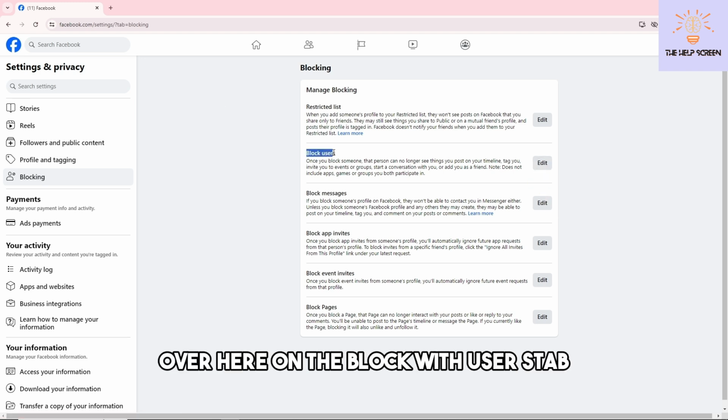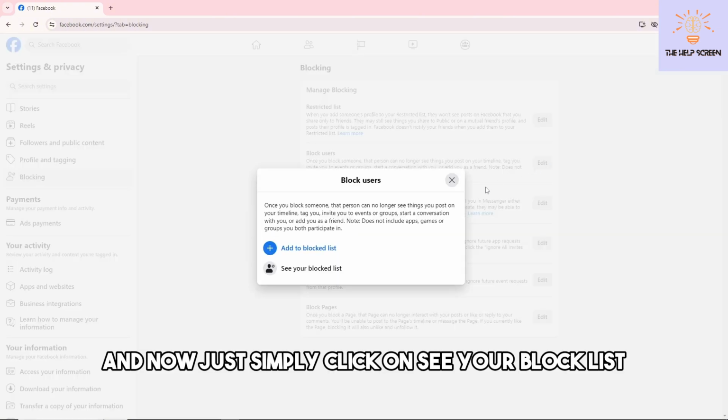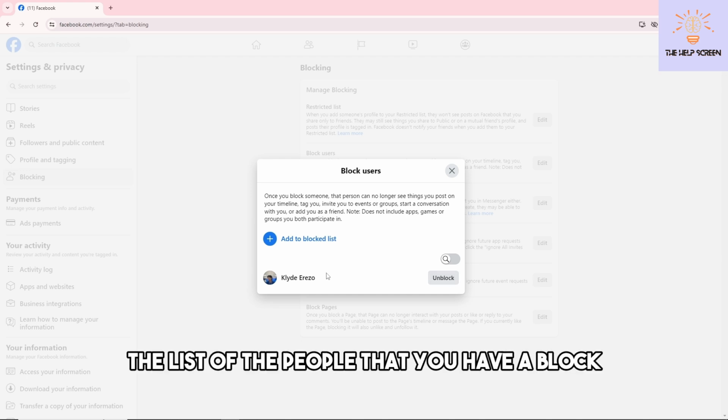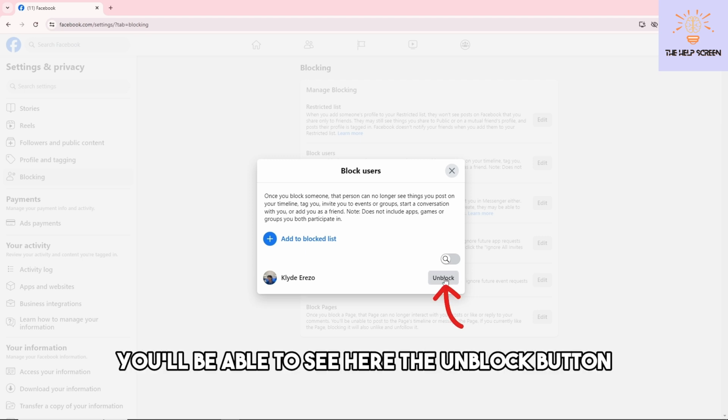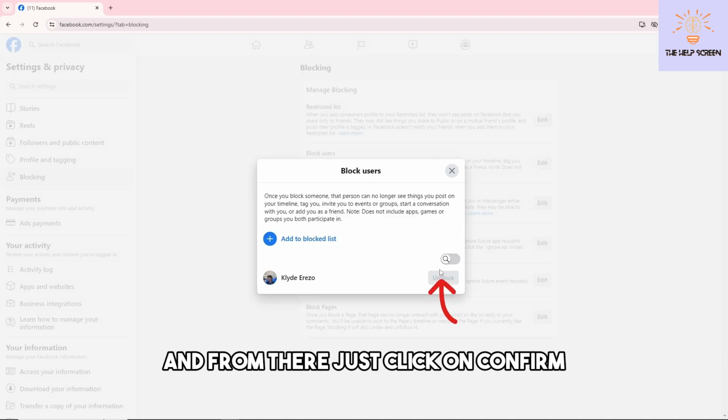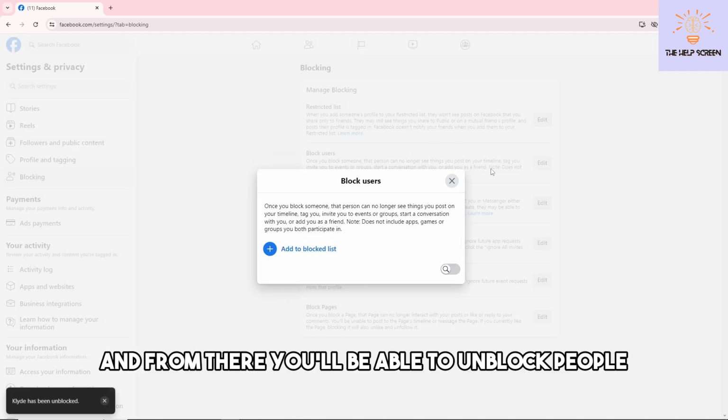block users tab, and now just simply click on see your block list, and you'll be able to see here the list of the people that you have blocked, and from there you'll be able to see here the unblock button, and from there just click on confirm, and from there you'll be able to unblock